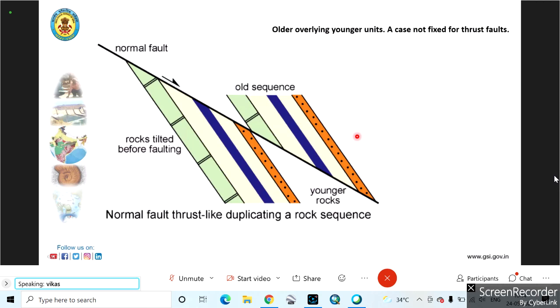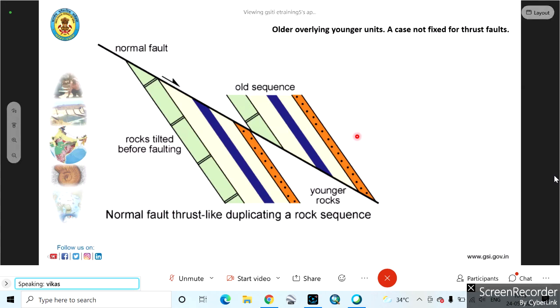Now here you notice that these are some steep beds, right? There are some tilted ones which have undergone normal faulting, and because of this normal faulting, you can notice that if this upper part has been eroded, you'll see a repetition of the beds. These green beds you're seeing are the oldest ones, followed by the yellow, then blue, then yellow, and this orange one. Okay, the orange one is the youngest.